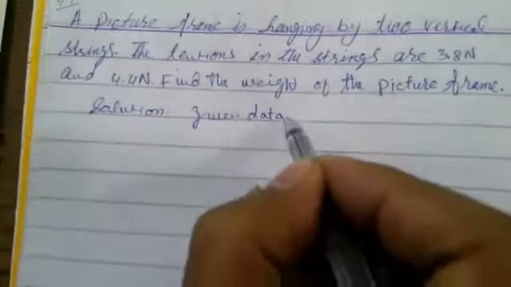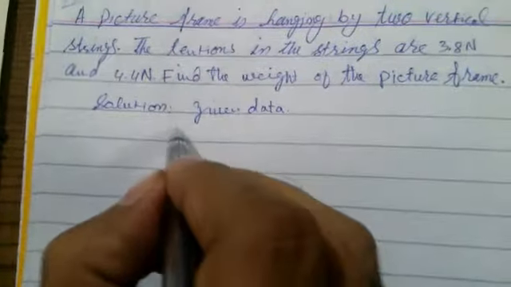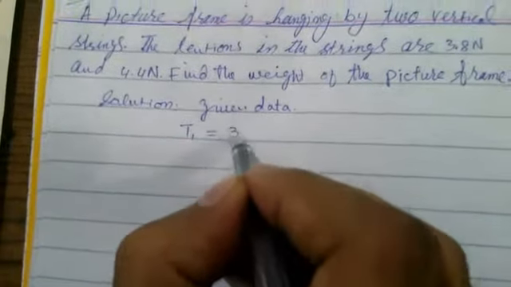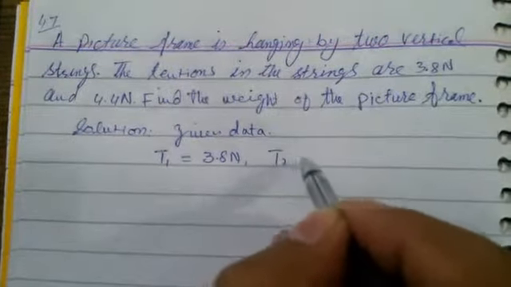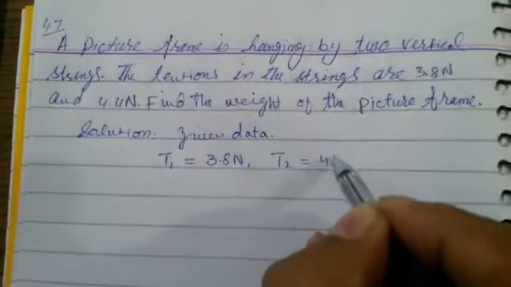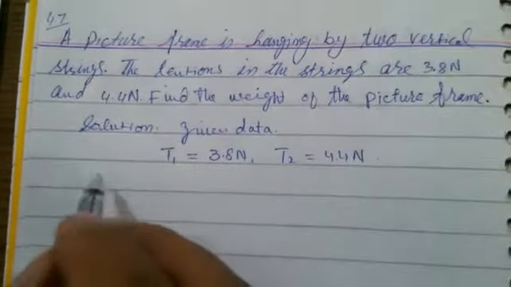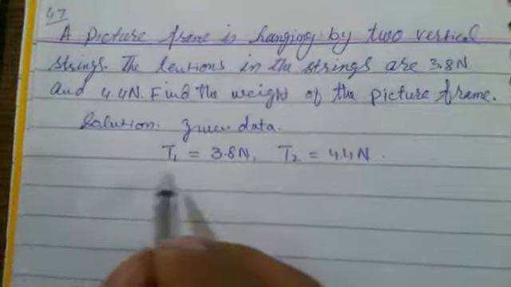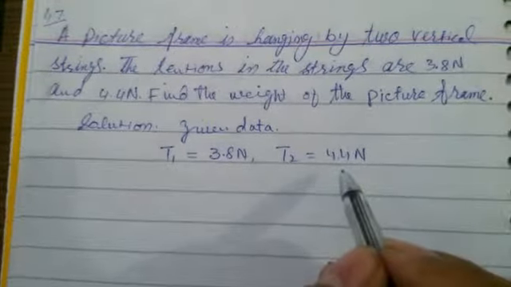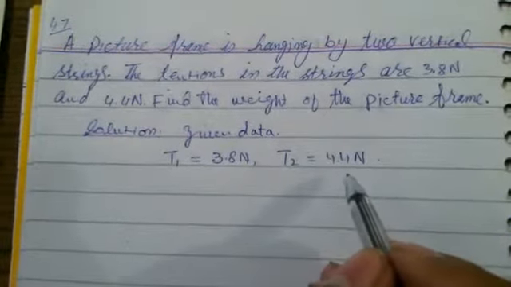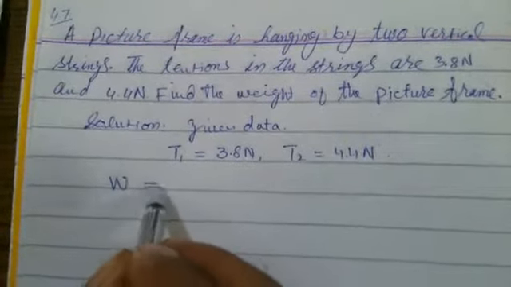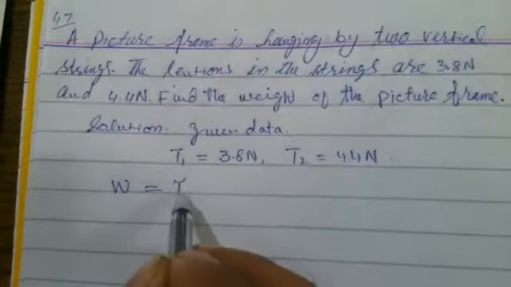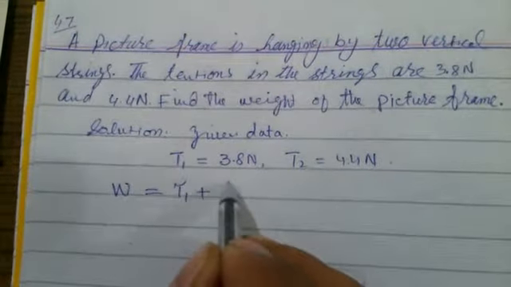Given data, T1 is equal to 3.8 Newton and T2 is equal to 4.4 Newton. These two strings bear the weight of the frame. So W, weight of the frame, is equal to sum of all the tension, tension 1 plus tension 2, which is